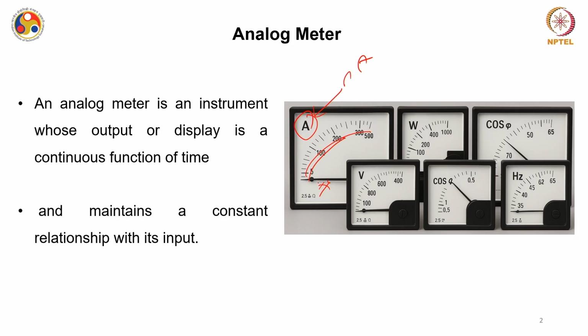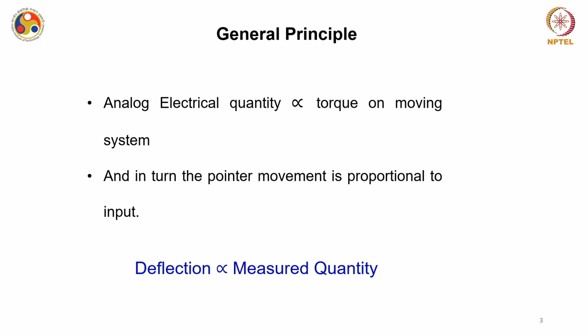Now, the deflection of this pointer will maintain a constant relationship with the input value. The deflection may vary in proportion to I, it may be proportional to I square. So, it does not always have to be proportional to the current I. It can be proportional to I square, or it can have any other relationship,